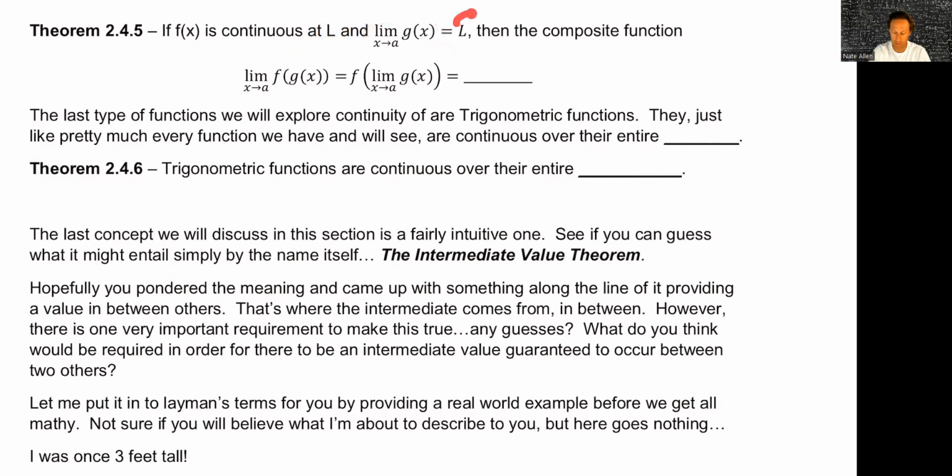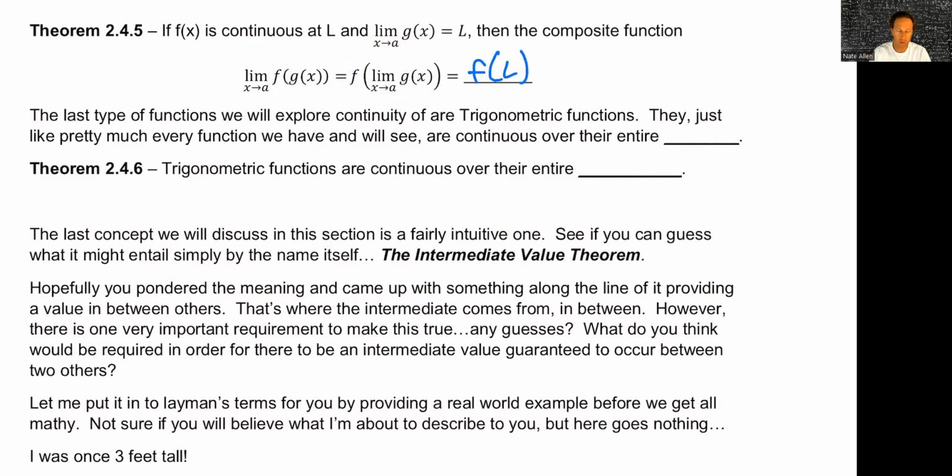So our point is L, and we're going to talk about a composite function. So if we were to take this whole thing and say that that is L, we're just looking at f of some number. So if we are to find the limit of f of g of x, remember we said that we could just take and rewrite it as f of that, which would therefore be L,